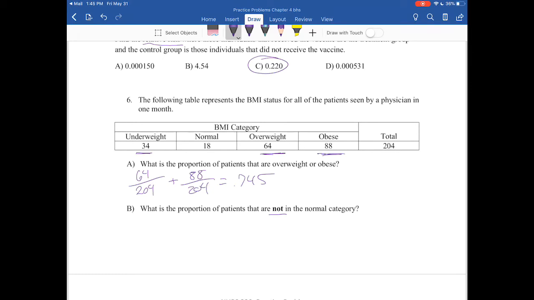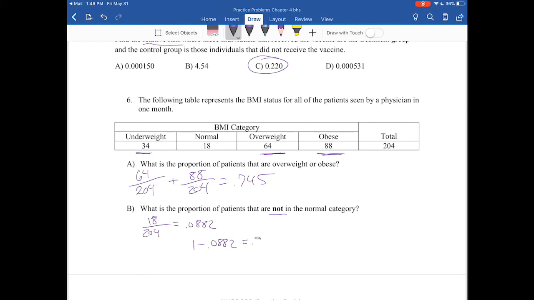Or we can start using the laws or rules of probability that we're learning about, because it's definitely going to play a factor when we're moving on in the course. So the way we could do this is that we could find the probability of normal, which is 18 over 204, which is going to give you 0.0882. And if we want to find the probability that is not normal, so we want to find the complement, right? The complement of event A, or BMI of normal, we could take 1 minus that probability and find the